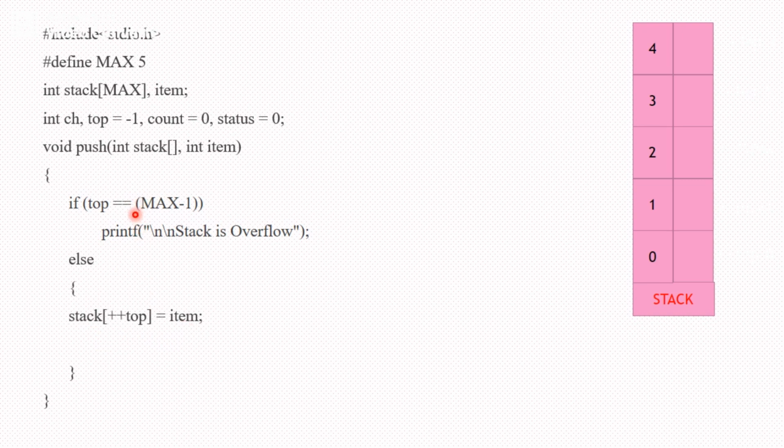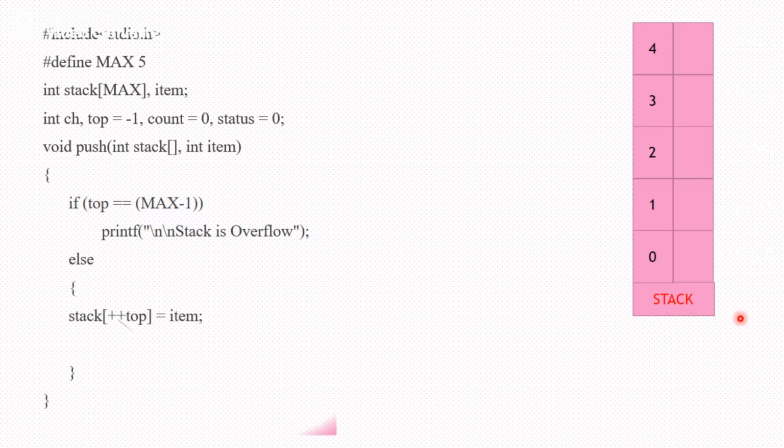That is, in case the stack is not full, then you can insert the item into the stack of ++top. What do you mean by stack of ++top? See, earlier it was top -1. So what does this pre-increment ++ do? First you increment the top, and after that assign the item into the stack of top. So that means what happens?